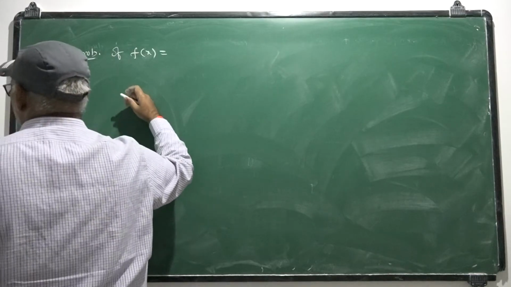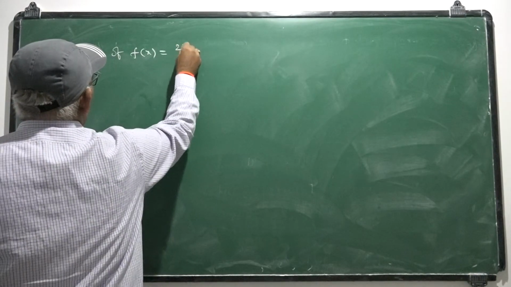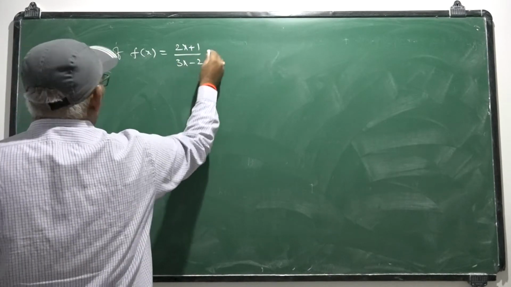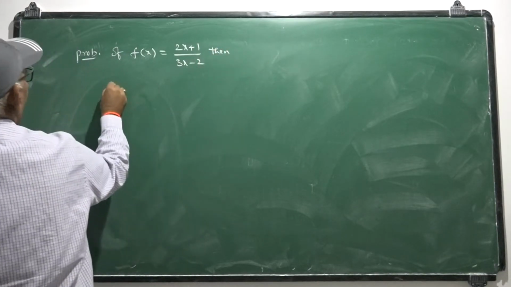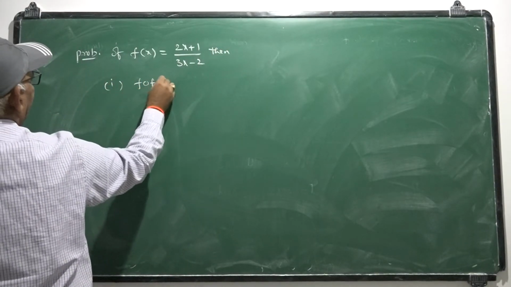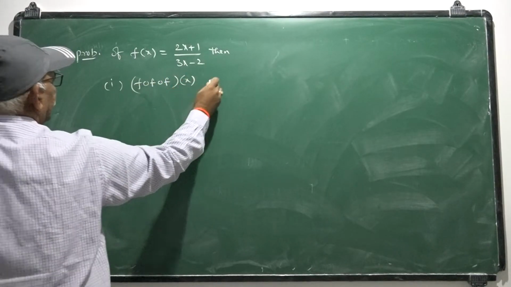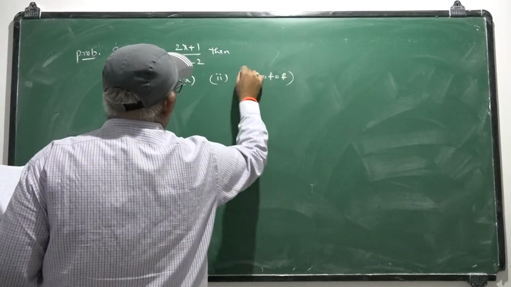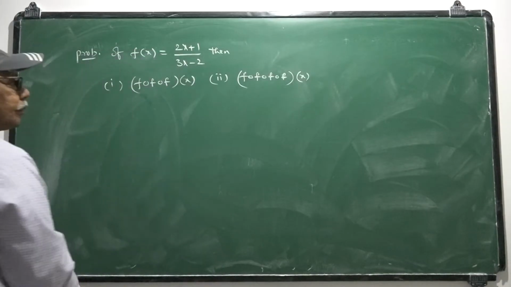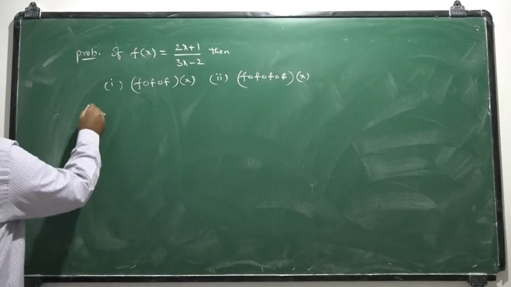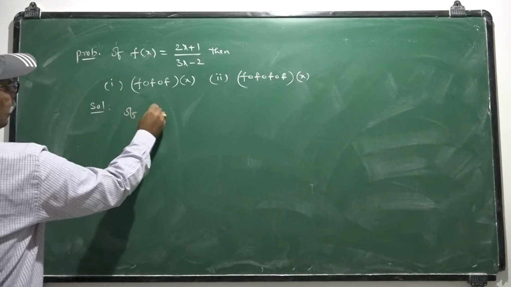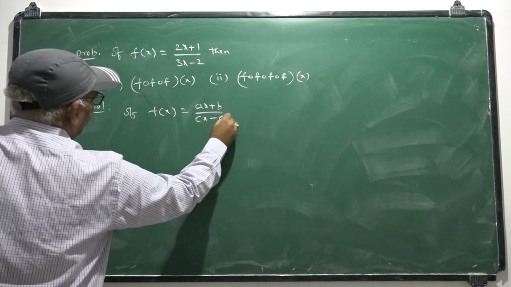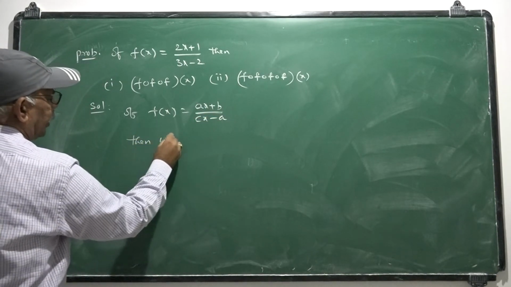Next one. If f(x) = (2x + 1)/(3x - 2), then find f∘f(x) and the second one, f∘f∘f∘f(x). So this is of the form f(x) = (ax + b)/(cx - a), then we know that